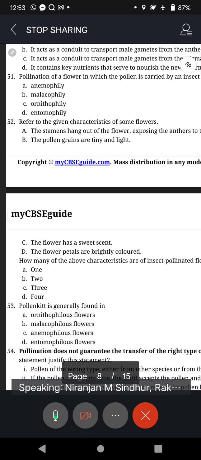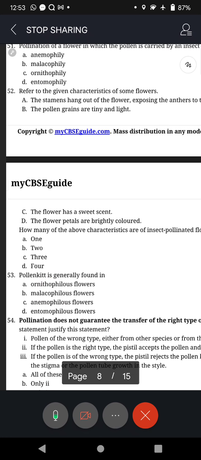Yeah. 1, 2, 3, 4. Niranjan, how many? Niranjan says all the 4. A, C and D. Yeah. Niranjan says 3. Prasad says 3. And Sandeep? Sandeep 2. Who is 4? Kadkol. Sandeep 4. From 2 you have jumped to 4. Prasad 2. Okay. Now what should be the answer?